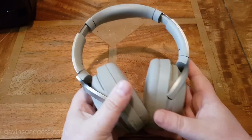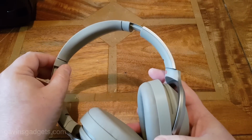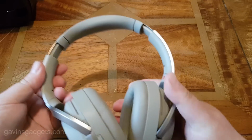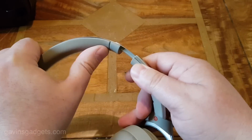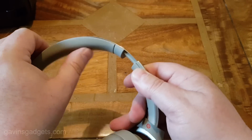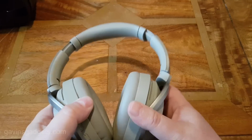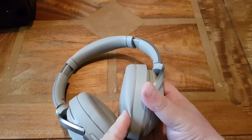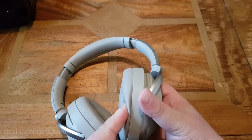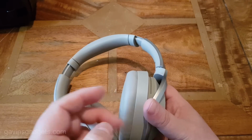So what do these sound like? Well, really good. But one thing I have noticed, there's not much padding. This part here is plastic, it's quite hard, and there's only a tiny bit on the head here that offers some protection from padding. And the other thing is, this is plastic here, and if you notice when on your ears, you're pretty close to this bit of plastic, and really how they clamp on your ears, it can sometimes feel a bit